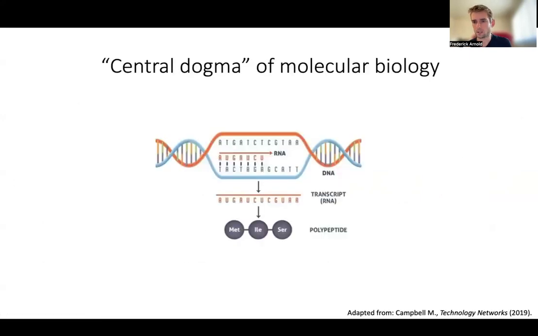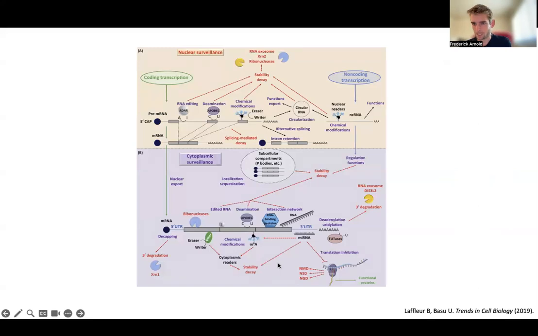And what TDP43 does is it performs a number of steps in RNA processing. And so if you remember from Bio 101 days, our genetic material is encoded in DNA, and RNA acts as a message to bring this information to another part of the cell to eventually be turned into protein, which is what carries out most of the cellular functions. However, this process is really much more complicated than that schematic, and TDP43 plays critical roles in various processing steps that occur at the RNA level.